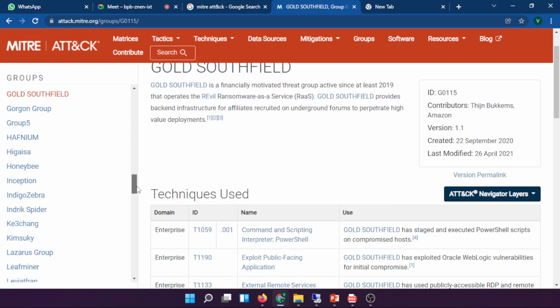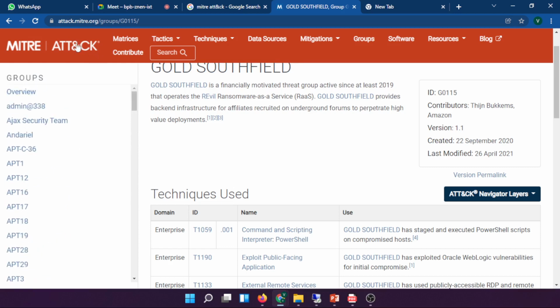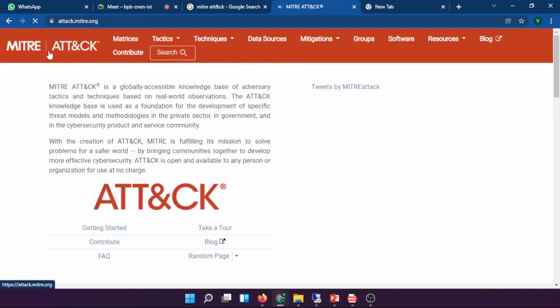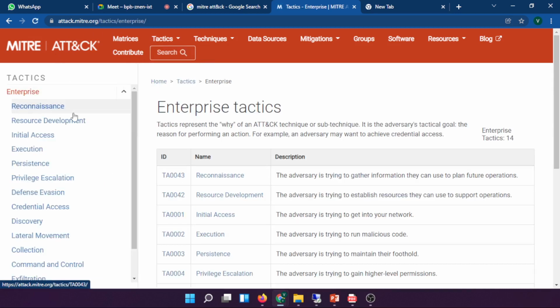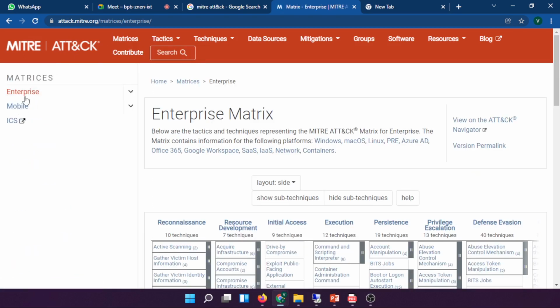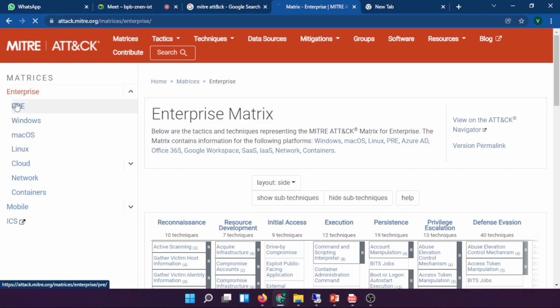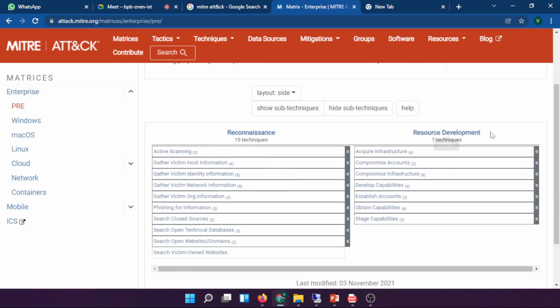Like that we can come to know all the scenarios related to MITRE ATT&CK, and at the end of this course you can come to know how an attacker will attack. Here we can consider the attacker as the adversary. How will the adversary take the initial step? This is something like pre-compromise. If you talk about matrices, there are again some strategies prior to the attack. They have something called reconnaissance and resource development. The attacker, or you can say adversary, will try to